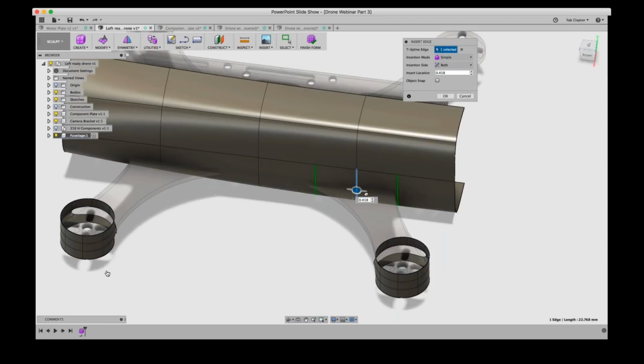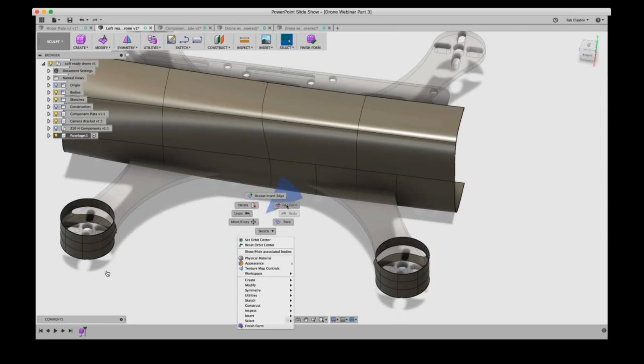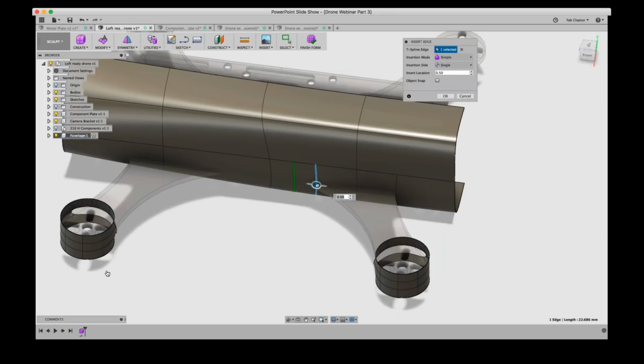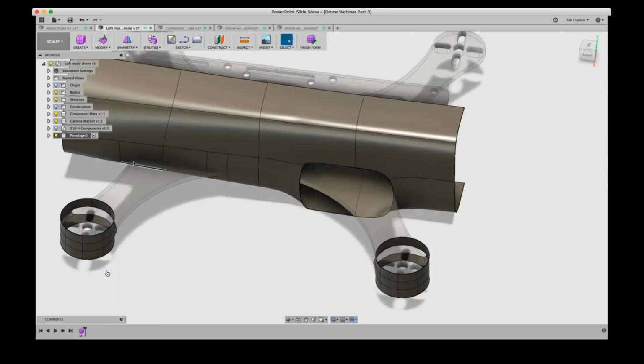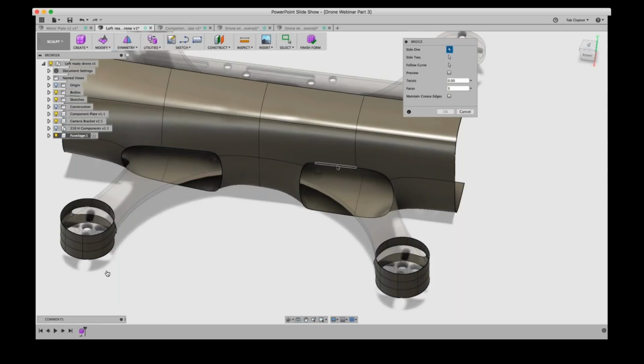So I'm gonna right click on the edge, insert edge, right click again, I insert only one edge, I move it around. So now I have 3, doesn't need to be symmetrical. Same thing here, insert edge, repeat, right click repeats the last command you have. It's super quick. I'm gonna delete those 3